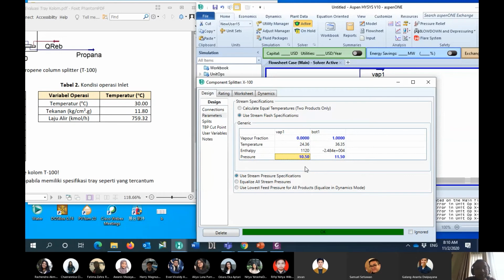Sir, isn't everything in the bottom, the vapor fraction supposed to be 0? In the bottom, it should be 0. Yes, actually, it depends on your condition, because what is withdrawn as the product will be in the liquid. So it's not actually that it should be 100% vapor.